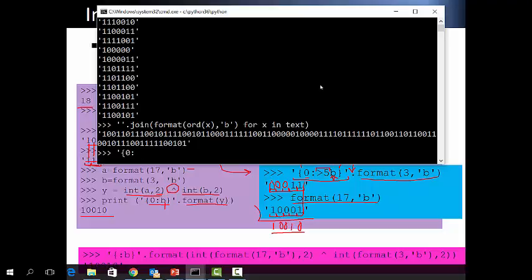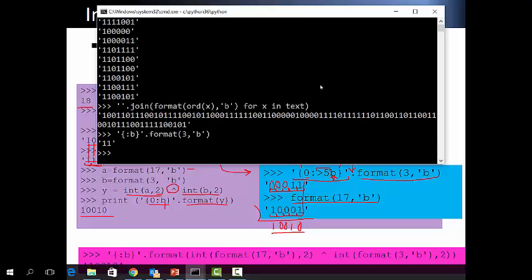First of all, we can do simply B, colon, and B. This is text, but I want to format 3, B, and it returns 1, 1, which I do not like.